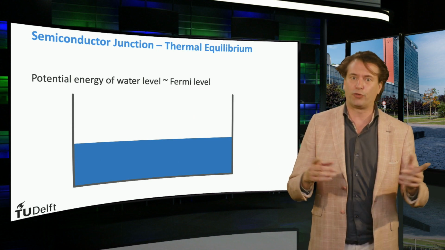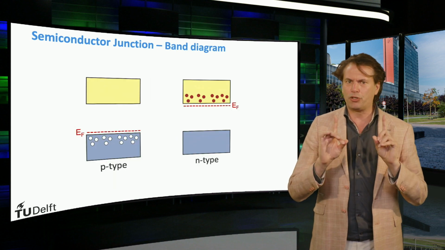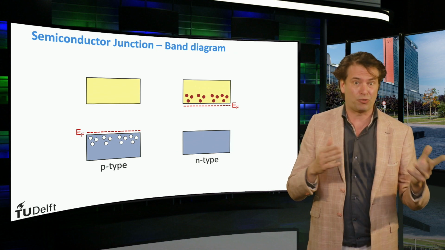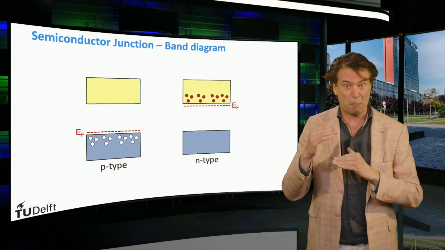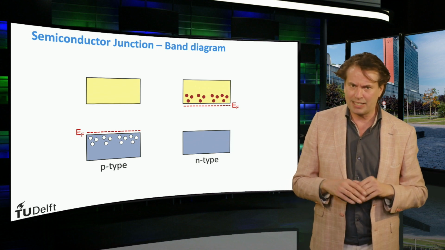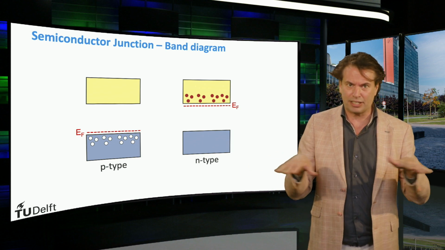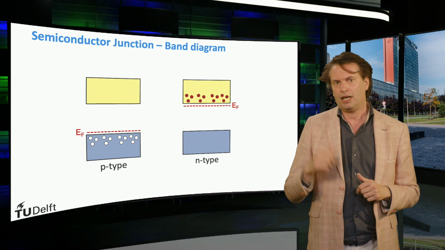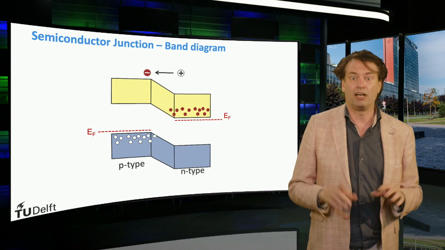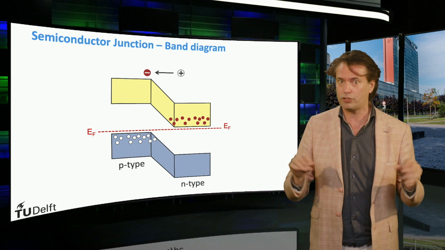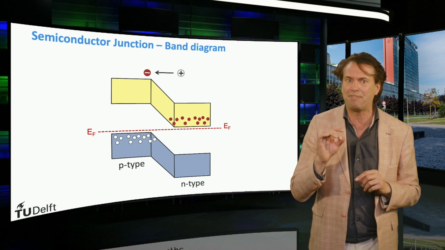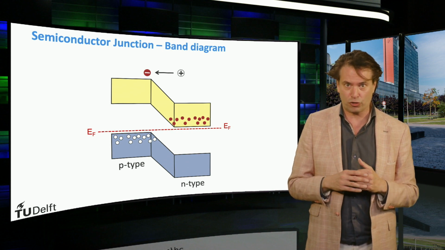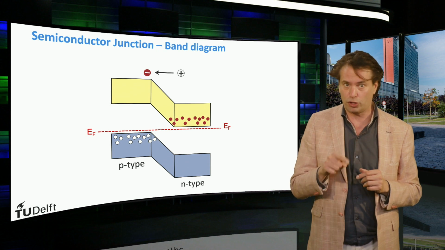The same is applicable for the Fermi level. Important to know is that the relative position of the electronic bands, like the conduction and the valence band, to the Fermi level remains the same. This means that the mechanism of equalizing the Fermi level will move and bend the conduction and valence band. This is demonstrated in this animation. If we equalize the Fermi levels, the conduction band and valence band are bent in the depletion zone. We see that in thermal equilibrium, the valence and conduction band have a steep slope across the depletion zone.